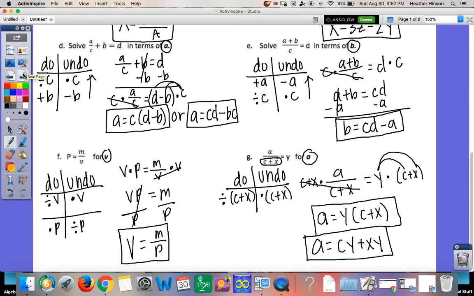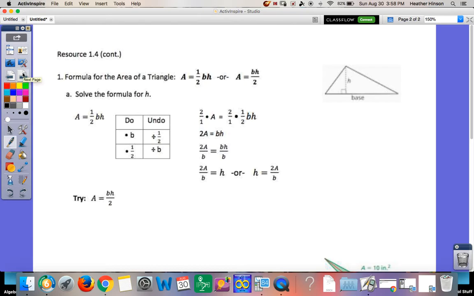Okay, on the back of our resource page, we have similar problems. We have the formula for area, which is area equals 1/2 base times height for a triangle, or you can take your base times height and divide by 2. It's the same thing as multiplying by 1/2. So we could solve it out either way, depending on which formula you want to use. 1/2 base times height, it multiplies by b, and it multiplies by 1/2. So to get rid of it, you can divide by b and divide by 1/2, which is shown over here